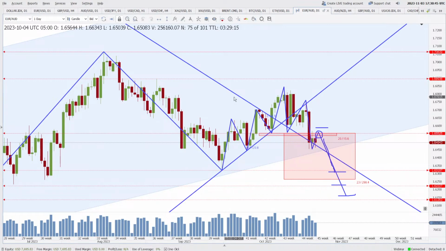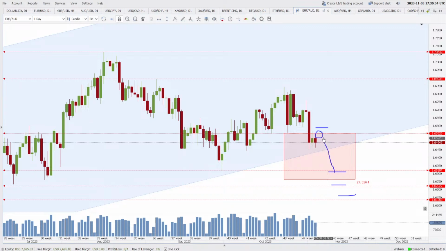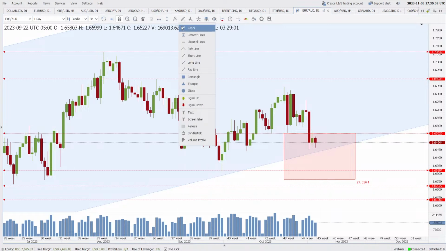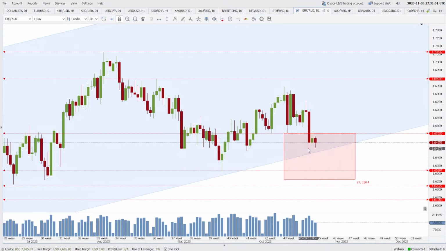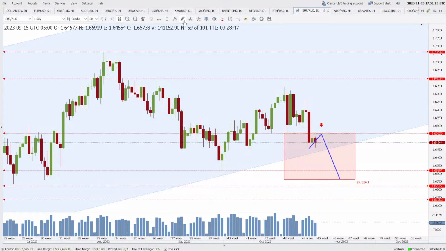Nothing much has changed on these charts. Actually, we should remove all this stuff so that we can clearly see where the price is. Sometimes analysis paralysis removes everything from your brains and does not let you think clearly. So this is now the expected target, guys. Do we have anything? Okay, so this is a sell signal here, and then we have a signal up, like here we will buy. All right, I think this is clean.